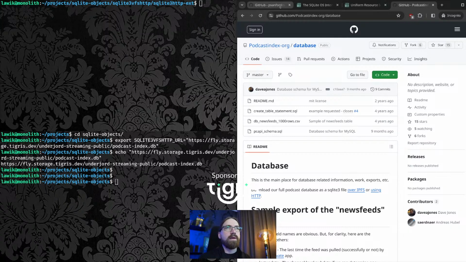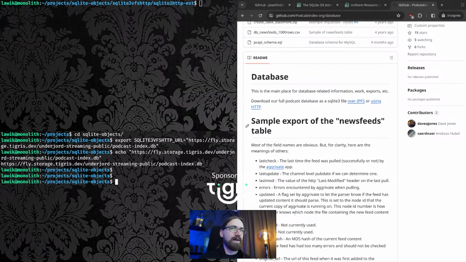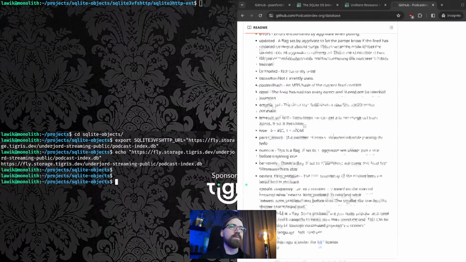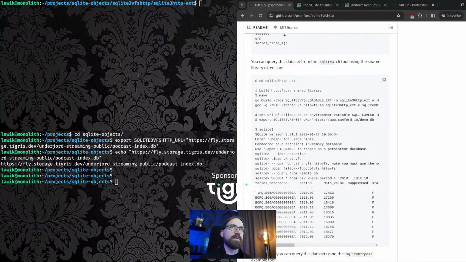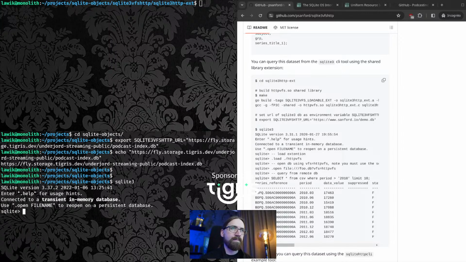So yeah, I've downloaded their database. I've put a copy of it on this URL, and you can use that URL to pull it and experiment with it. Now I've exported SQLite 3 VFS HTTP URL because that's how this tool wants things done. Now we should be able to just go sqlite3 and load the extension, which is in